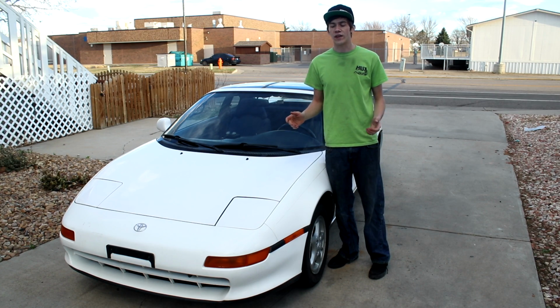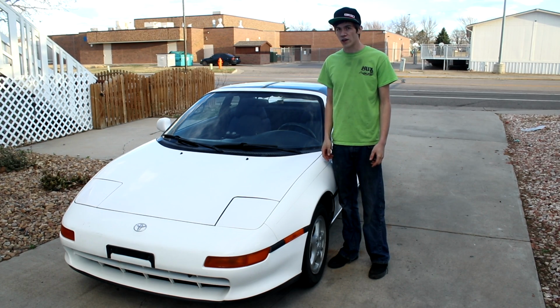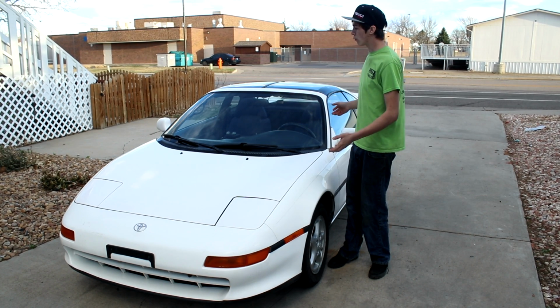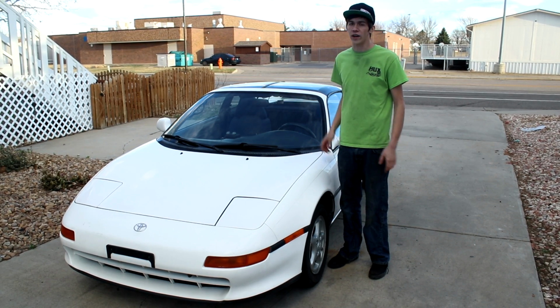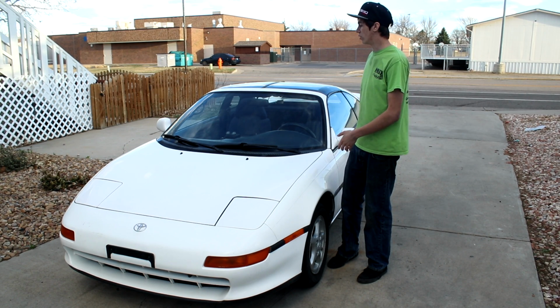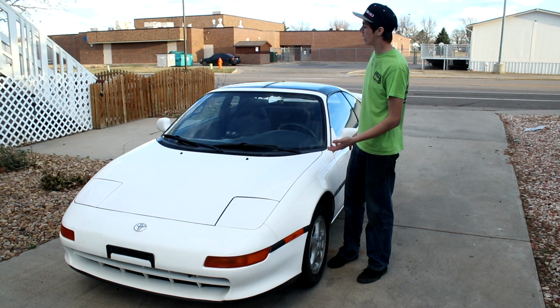So after adding everything up, with the price of the car, I was in it for just under $4,000 naturally aspirated, and then once I turboed it, it cost me about another $1,000 to do that. And overall, with the price of the car, I am in this thing for just over $5 grand as it sits, and it is such a blast to drive. I got it done really cheap. I found a lot of good deals on it. Probably would cost the average person a little more than that, but I still think it can be done